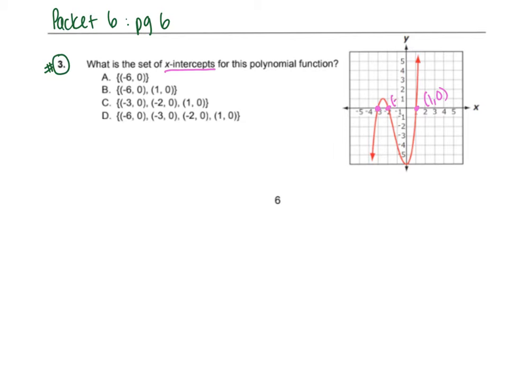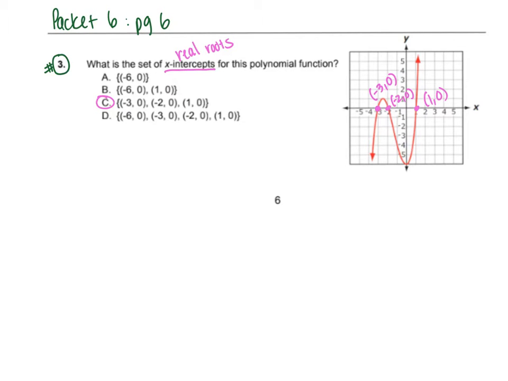And then this one's at -2, 0. And then we have another one at -3, 0. And so it looks like I have 3 x-intercepts here. And so in this case, the set would be this one, C. And that's it. So we'll be doing these types of problems where you're finding the x-intercepts, or sometimes they're called the real roots,